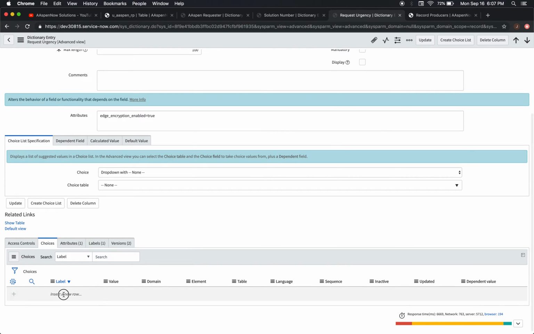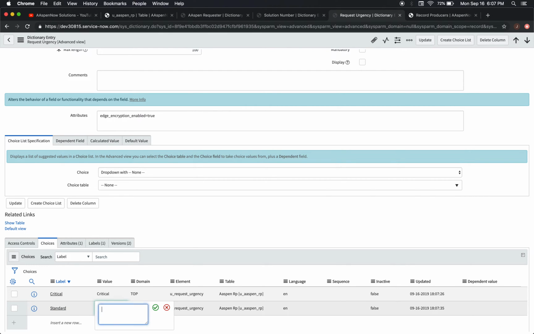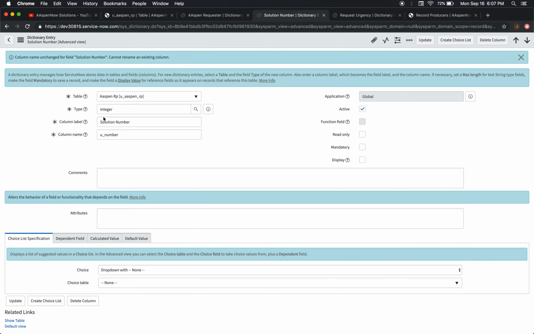So let's do this. Let's put in here, to me it's either critical or it's not. So I want to make up my own called critical, and this one's just going to be standard. All right, and I think I'm going to make this one 100. Yay, that's done. And I'm still debating whether I want to keep this number like an actual integer or not,